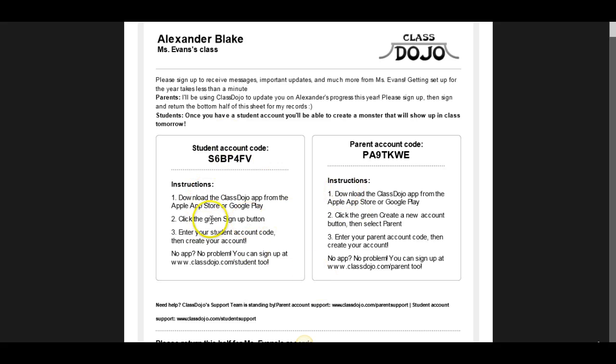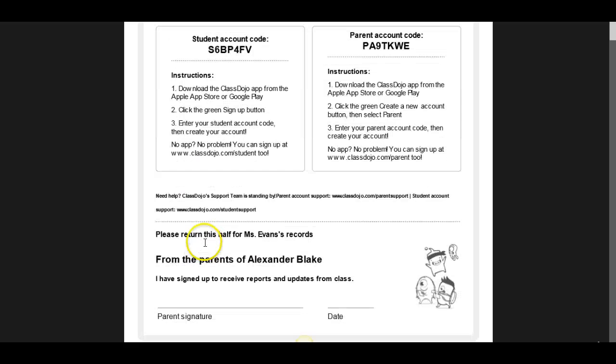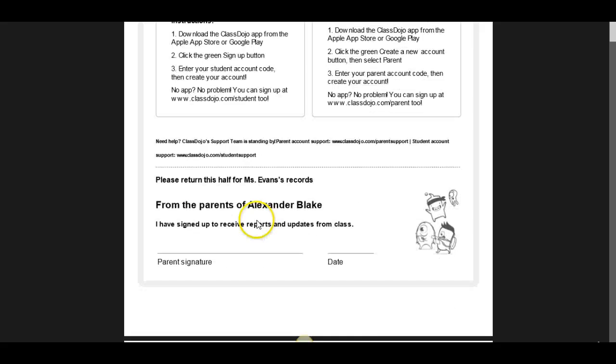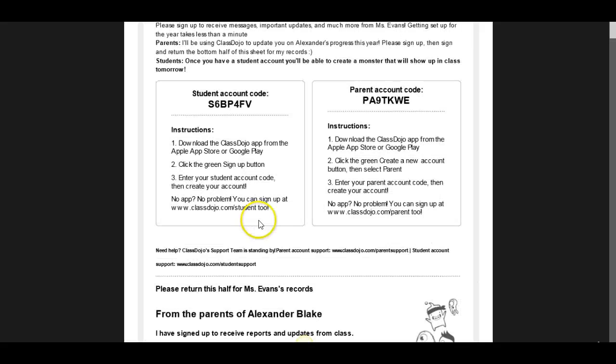And the app is very useful if you're walking down the hallway and you see misbehavior. Oh, I'm sorry, you've lost a point. Or, oh my goodness, look at you, you're doing a great job. And they never know whether you're going to be looking or adding points or taking away points. So if you can see here for Alexander, it just says to the parents, if you sign up, and now once you get the code, then you can change your